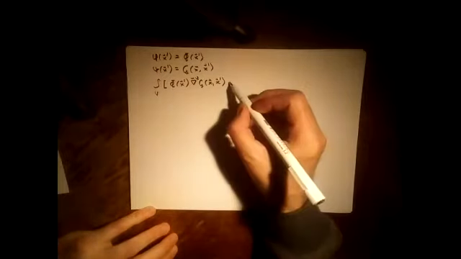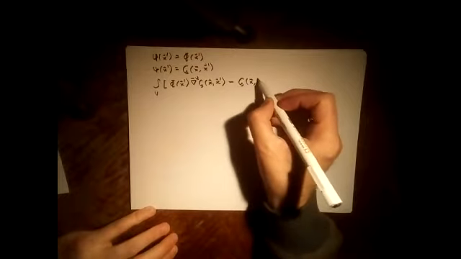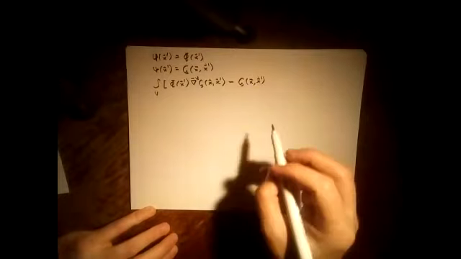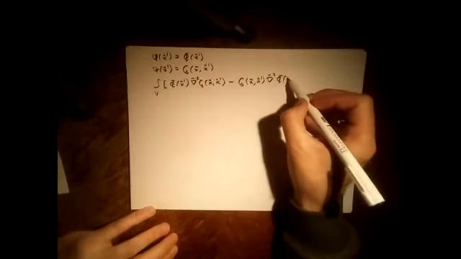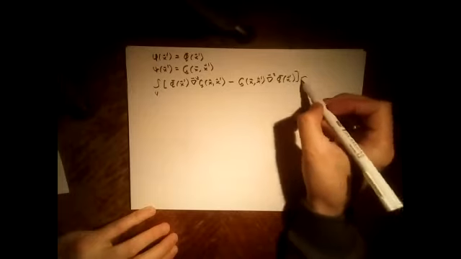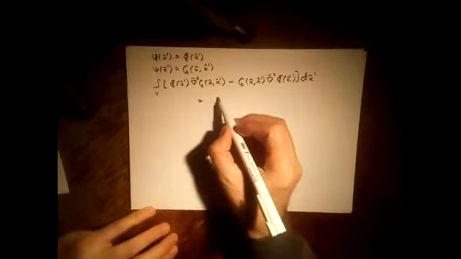Then I'm going to have minus G of x, x prime, and then the Laplacian of the potential. That's integrated now over the primed x variable, and this is equal to,